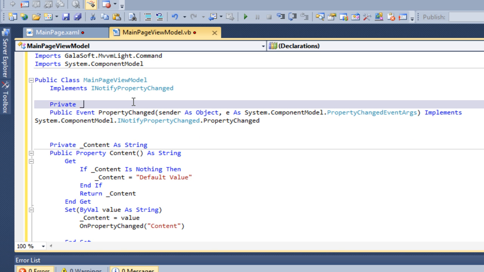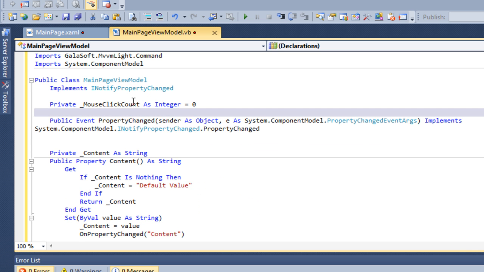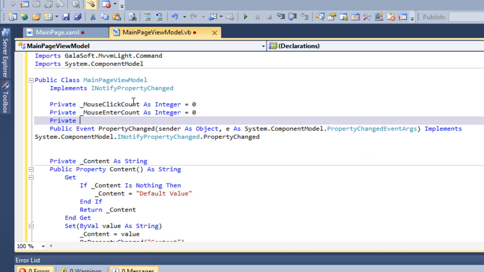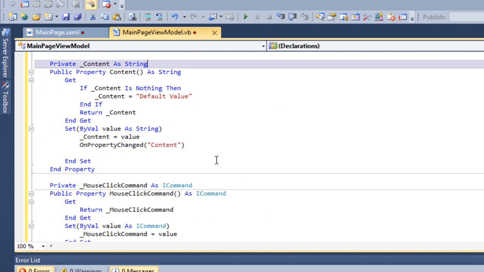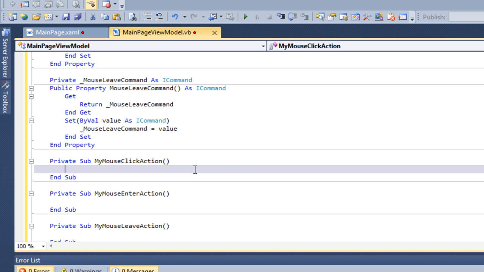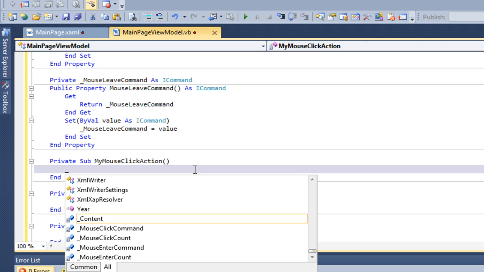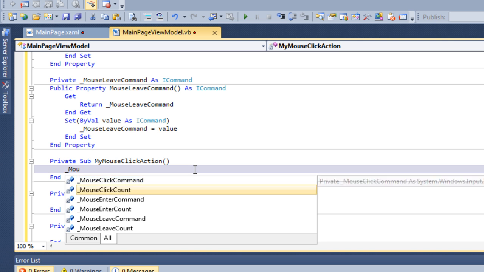Suppose private mouse click count as integer equals 0, and then mouse enter count as integer equals 0, private mouse leave count as integer equals 0. So what I want is that when mouse click action is performed, then I want to increase the count of my mouse click by 1, and then I want to set the content to